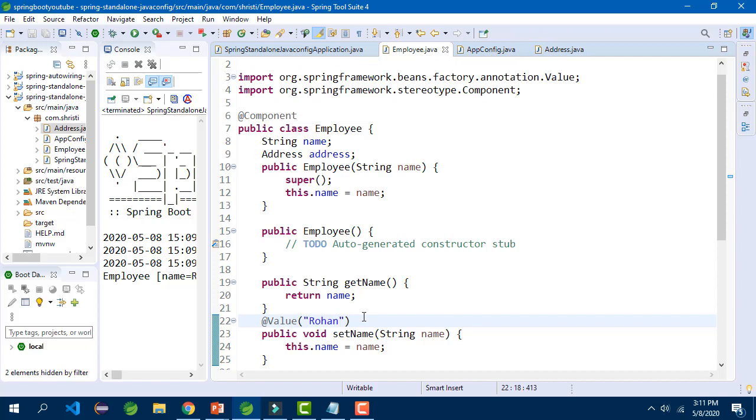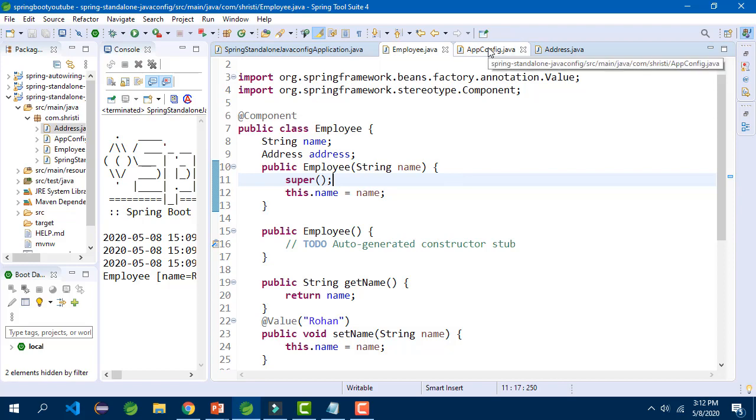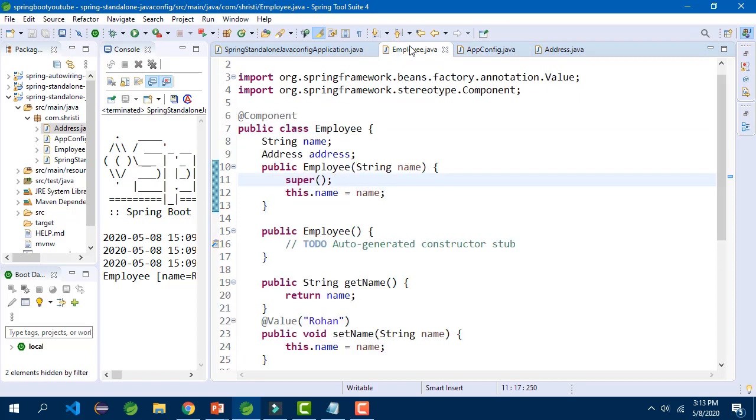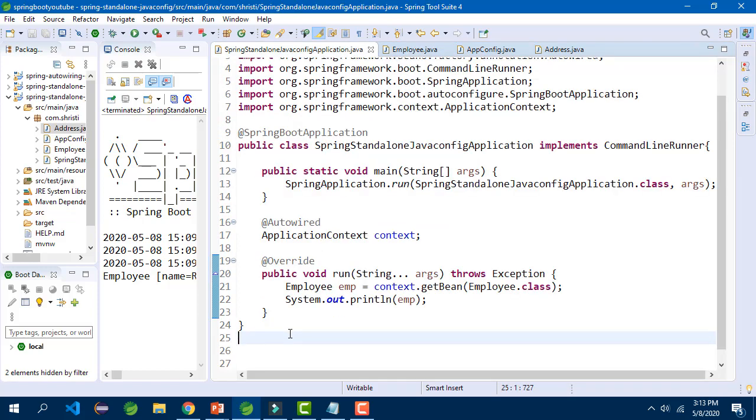Before running the application, let us try to understand the flow. This IOC container will read both the classes annotated with @Component and also the class that is annotated with @Configuration. So for the classes that are annotated with @Component, it will create two objects. One is an employee object with the name employee. The other one is an address object with the name address. The bean names are same as that of the class name, but in camel case or lowercase.